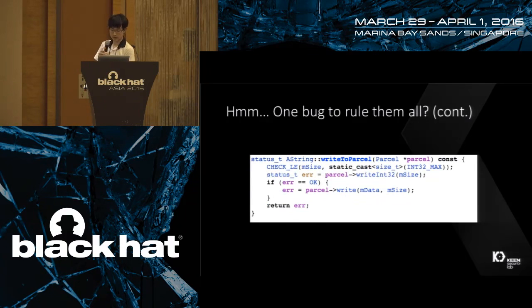The AString is a string representation in mediaserver, and we can see that it contains two fields. One is the size field, and one is the